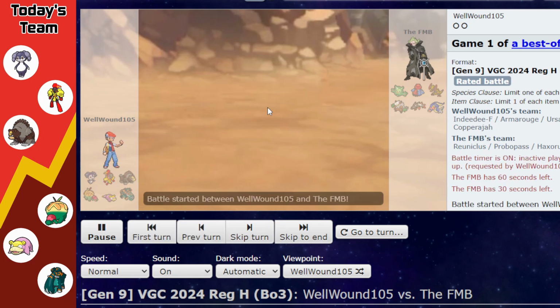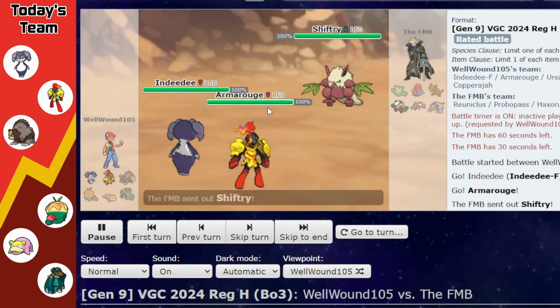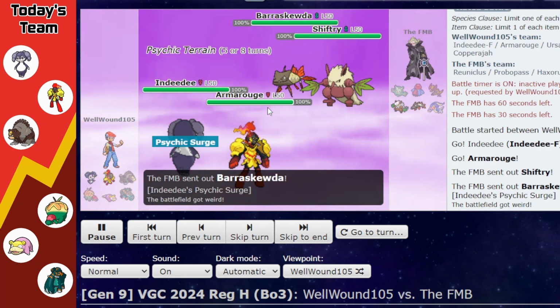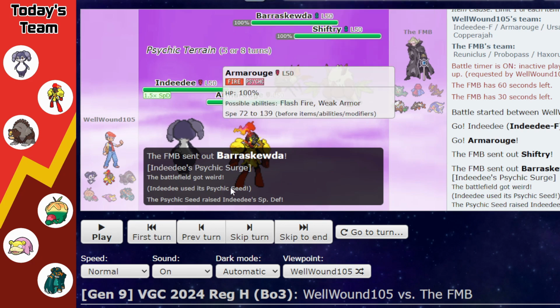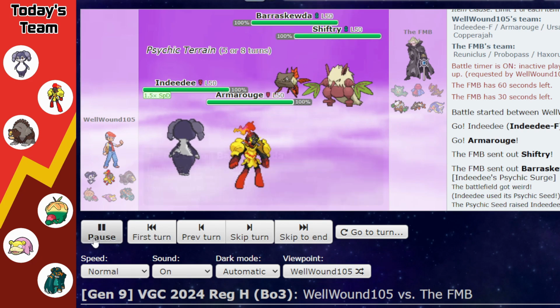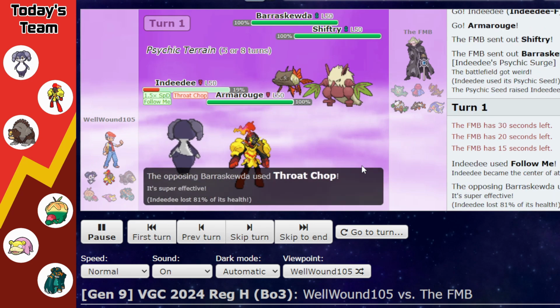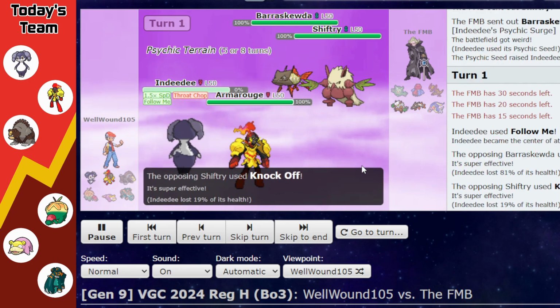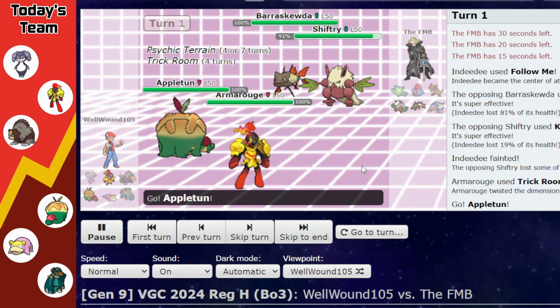But the battle starts off and we lead Indeedee Armarouge because I want to get up Trick Room, and they lead Shiftry and Barraskewda, and thankfully the Barraskewda is not Propeller Tail, which if it was, Armarouge would be in quite a pickle here as we'd have to Terra Grass Armarouge. But Indeedee's going to follow me, and it's going to catch the Throat Chop from the Barraskewda. It's going to catch Knock Off from Shiftry, as Armarouge is pretty safely able to get up the Trick Room